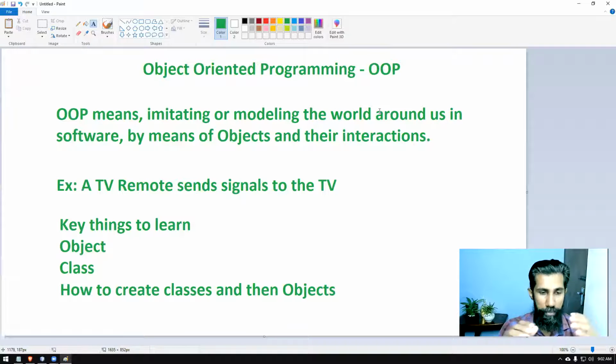Basically, if you take a closer look around yourself, I'm in my room now. In my room, of course, there's not only myself. There are a lot of objects around me. My phone is there in front of me, and there's my pair of spectacles there, and a phone set. A lot of things are there.